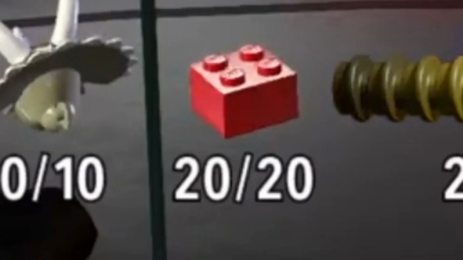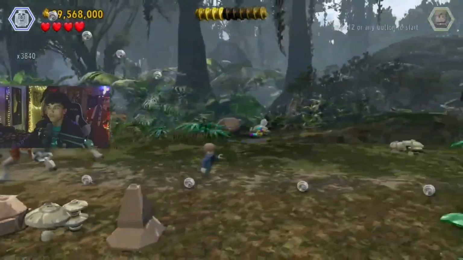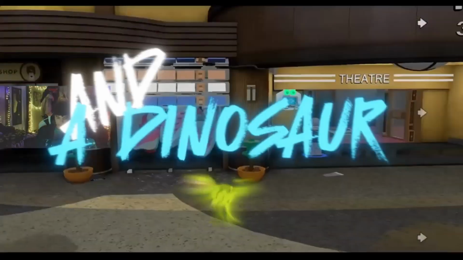Now, to get 100%, we must collect all the gold bricks, red bricks, help the sick dinosaurs, and save the workers in peril in the open worlds. We will also need to go through and grab all the mini kits and amber shards from the levels. Well, I could keep talking about the process, or there's a dinosaur there, and a dinosaur there, and a dinosaur